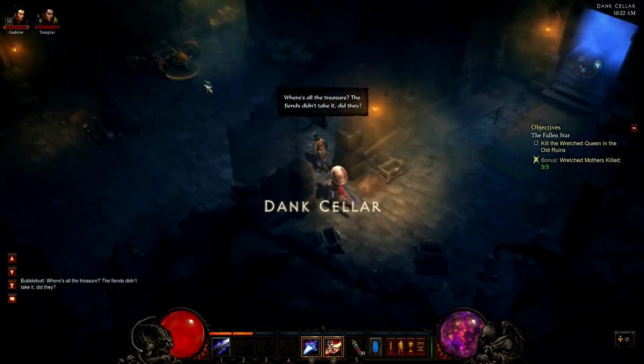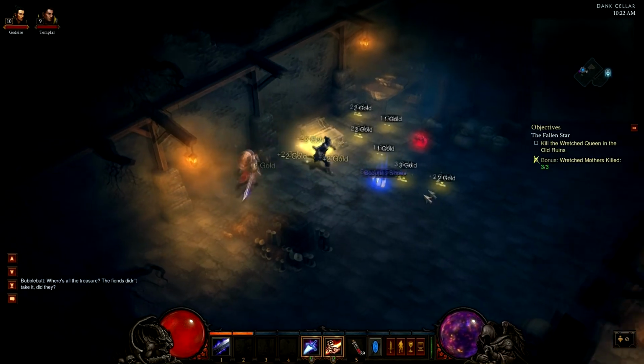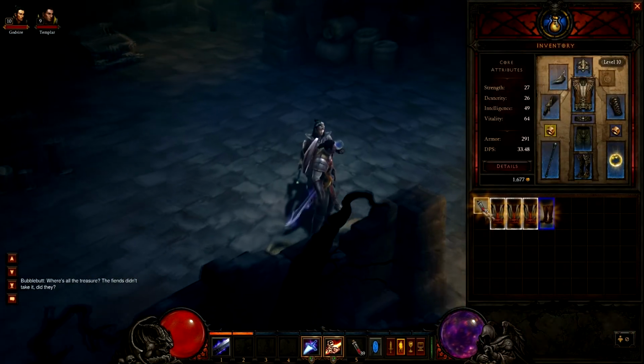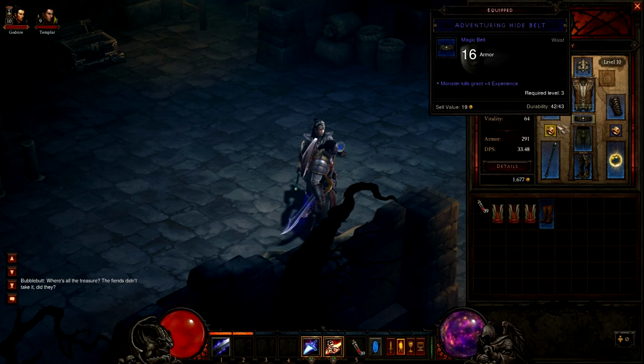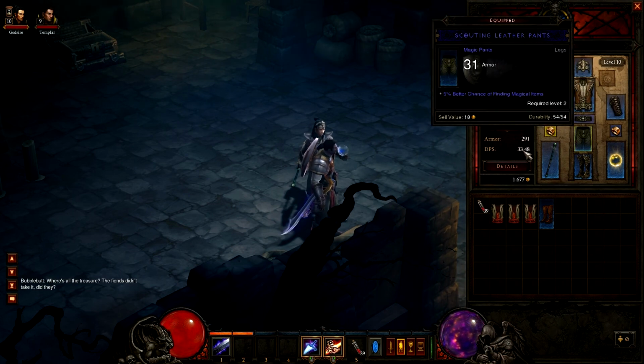Where's all the treasure? The field will be taken. I wonder if those are better than what I... Nope. Yeah, I made some stuff from the blacksmith, so some of this stuff is actually like really pretty high level gear,